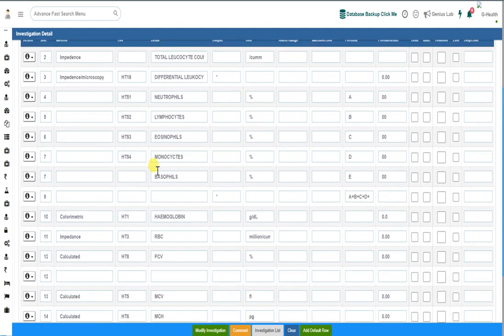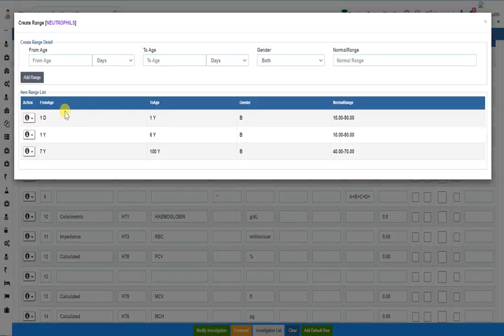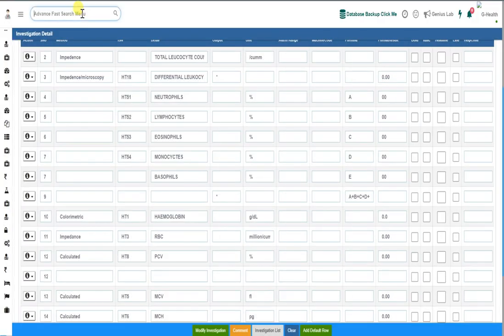If you want to check the range of this parameter, simply click here, add range, and the range will be displayed here. Like 1 day to 1 year, the range is 10 to 50. 1 year to 6 years, the range is 10 to 50. And 7 years to 100 years, the range is 40 to 70. And here we will specify that it is for both male and female.